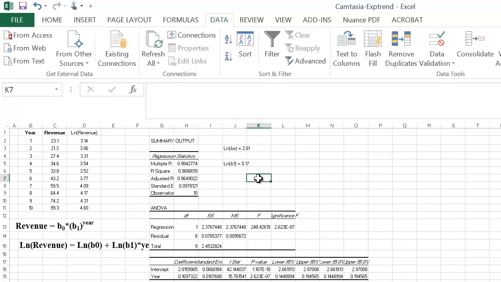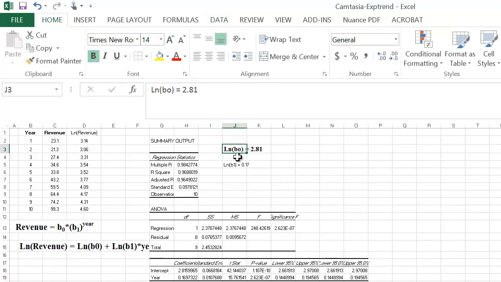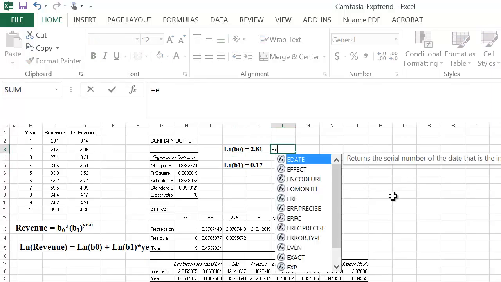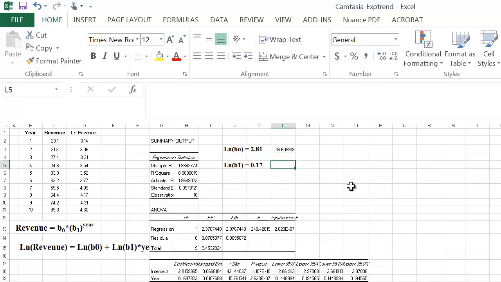So where did 2.81 and 0.17 come from? These are the two coefficients here. 2.81 is here, the intercept, and 0.17 is the coefficient for year. Okay, so again, let me increase the size of these so you can see them a little better. All right, so how do I reverse engineer b0 and b1 from this? That's pretty easy. b0 would be equal to e to the exponent, so e to the 2.81, and b1 would be